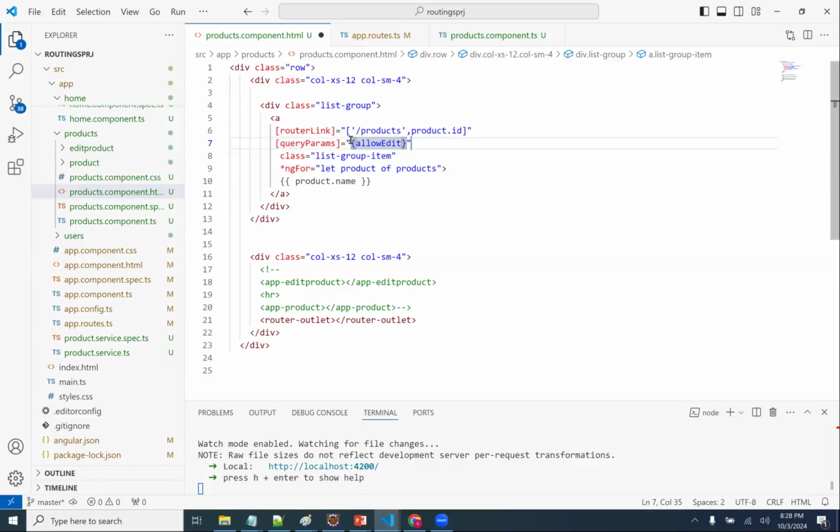Where allow edit means what exactly? What is the meaning of allow edit? You can edit or you may not edit. That's a condition, right? So I want to determine allow edit as well as not able to edit here. Okay. So what I'm going to do here, allow edit colon, if the product status